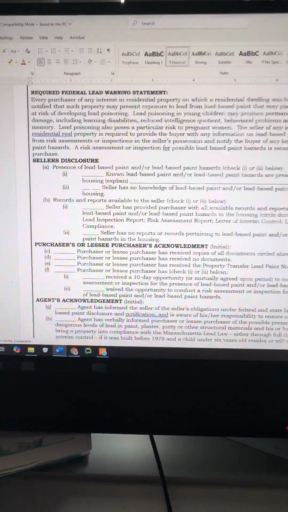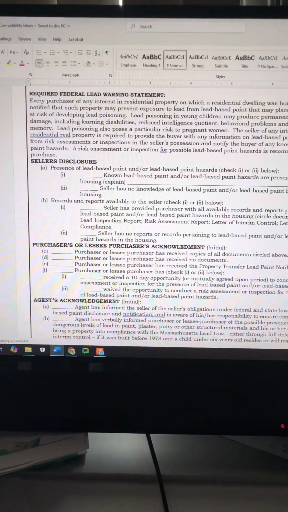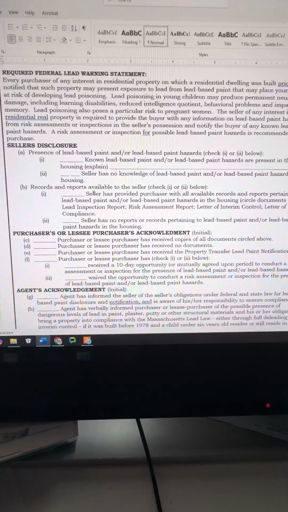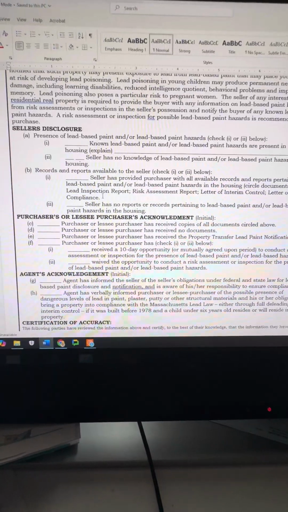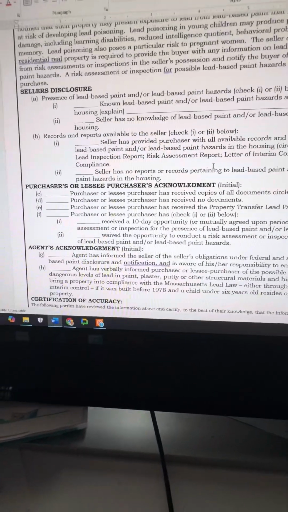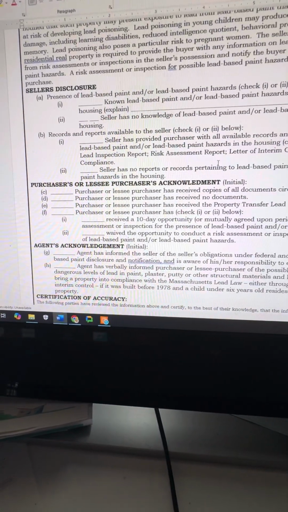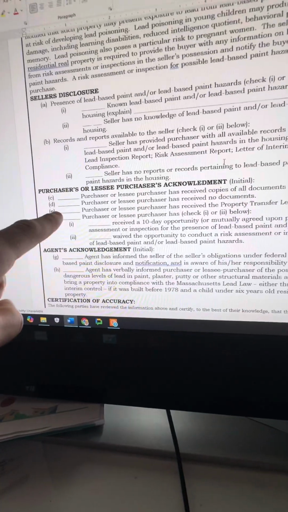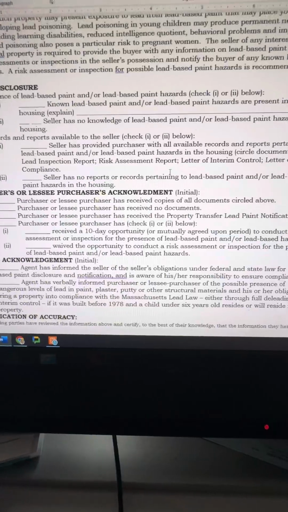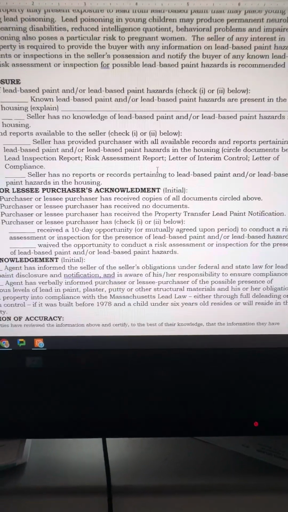So let's say you're working with the buyer in this case. Most sellers are already going to have this printed and signed by their sellers. So you're working with a buyer. Let's say there's no lead paint. You're gonna have your buyer click off initial E, where it says purchaser has received the property transfer lead paint notification, which they